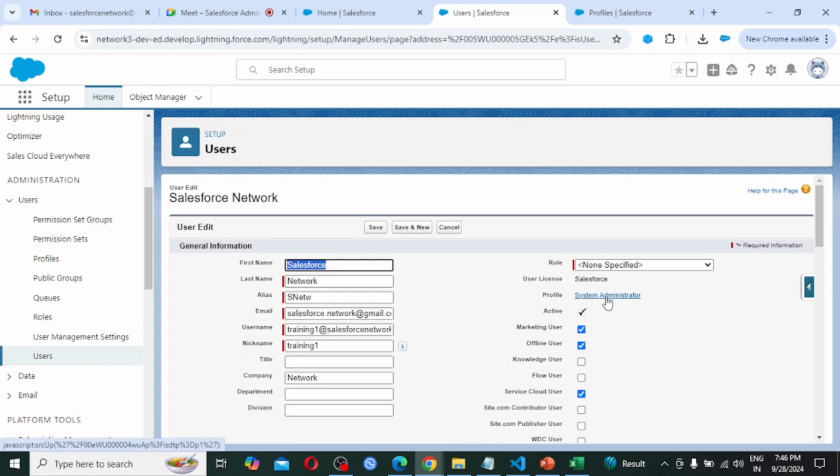We are not able to delete this profile, or without a profile this user can't exist, and he can't use two profiles. This is important. Many interview questions for the administrator ask: can we assign two profiles to a single user? No. A single user has only one profile.